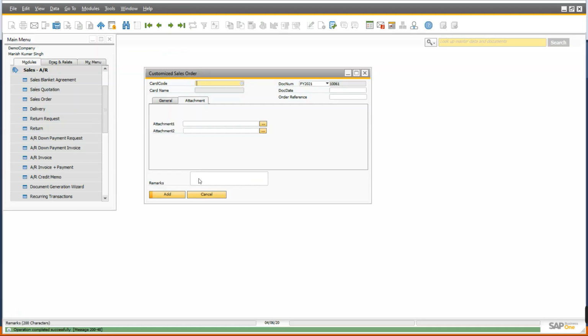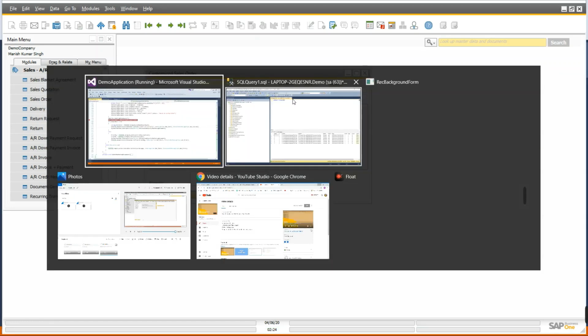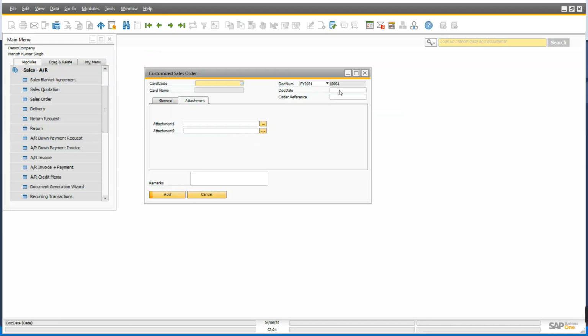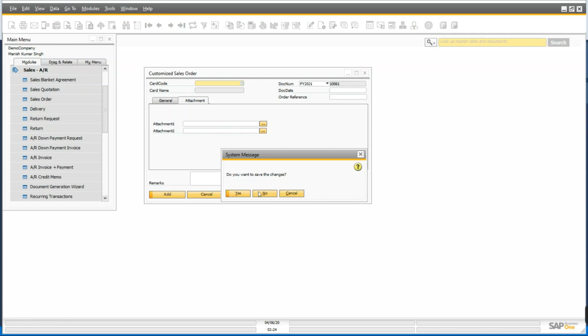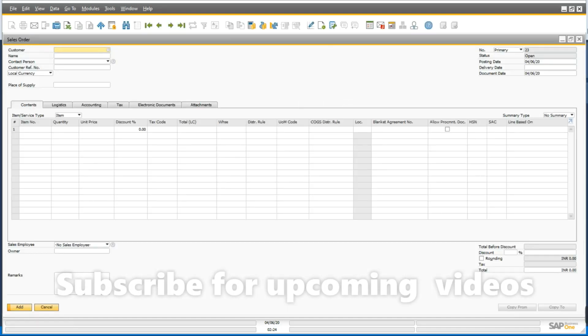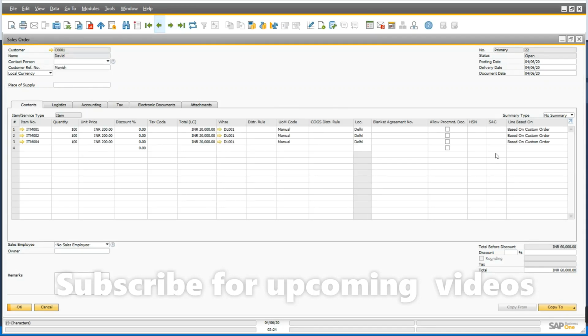So come to the screen. We have added this document successfully. Let me check inside the sales order of SAP Business One. Is there a document 22 for the sales order? I'm going to close this. Now come to the sales order. You can see, let's move to the last document.